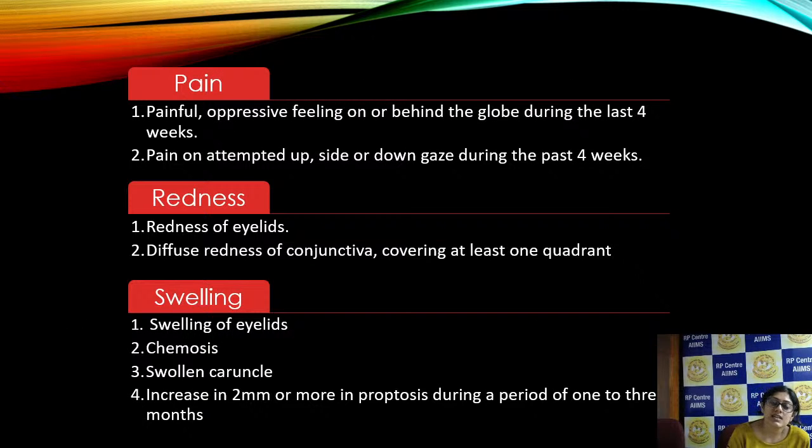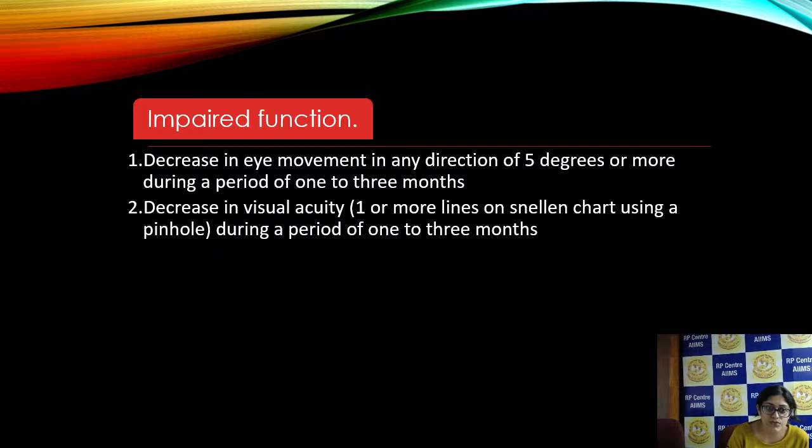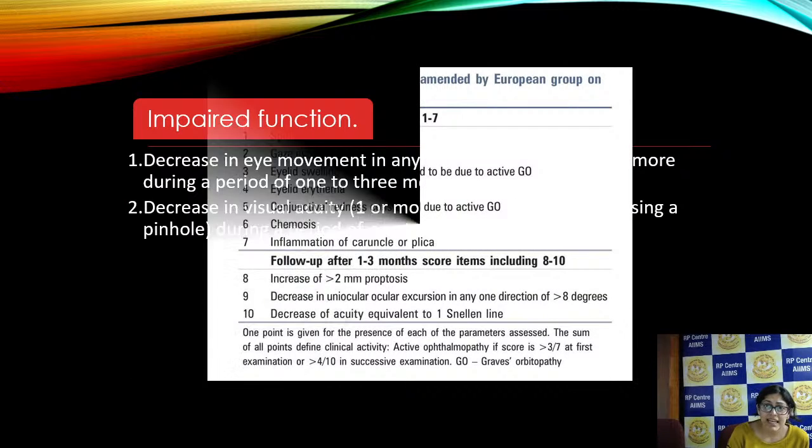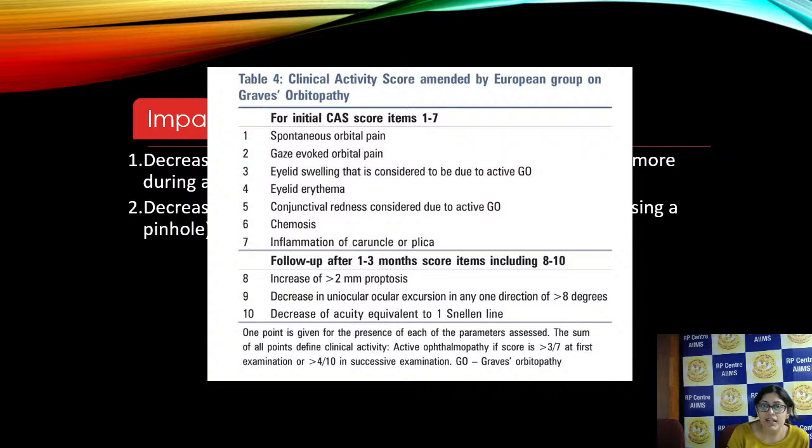These are the various signs which are included. There are 2 signs of pain, 2 of redness, 4 of swelling, and 2 of impaired function. This was further modified or amended by the European Group on Graves' Orbitopathy, in which they took 7 points for initial CAS scoring and 3 points for follow-up CAS scoring, and they said that at presentation, if the score is more than 3, then it is active, and in follow-up, if the score is more than 4, then it is